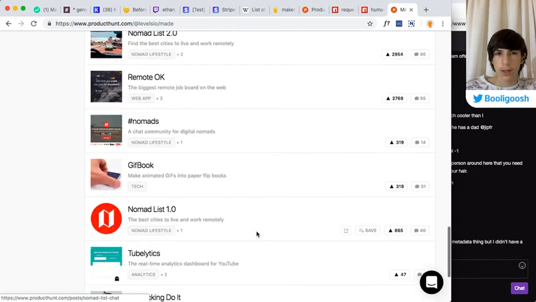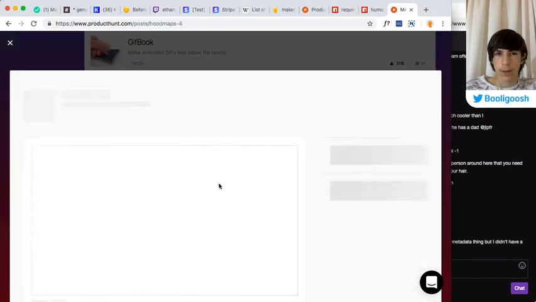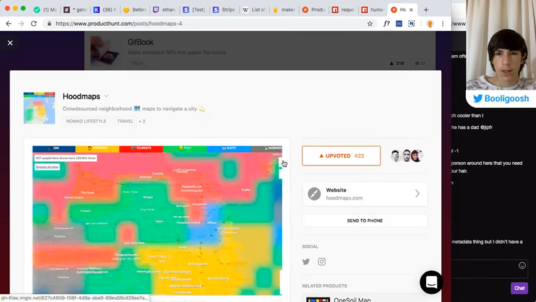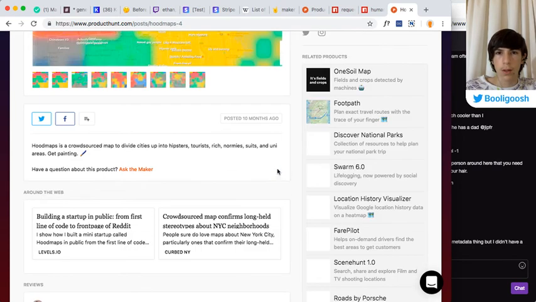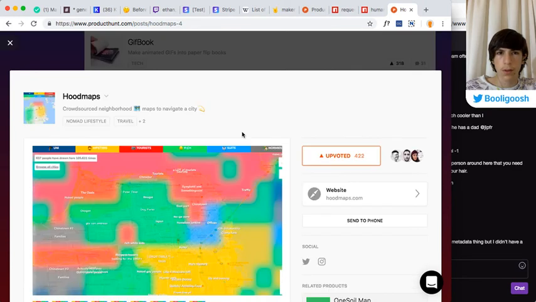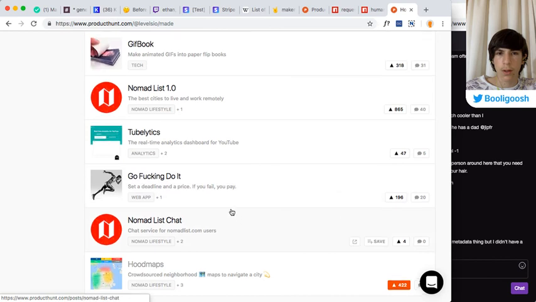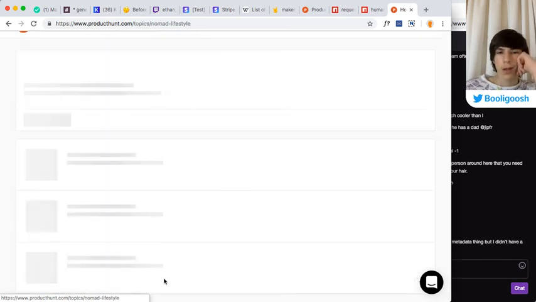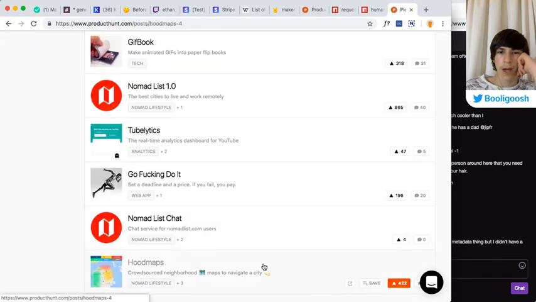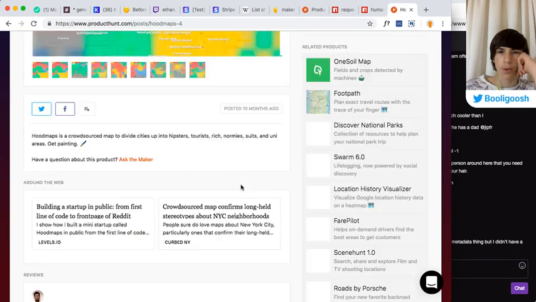I mean, he's launched like... Let's see, the first thing he launched was hood maps. Wait, what? How does this work? Is this correct? I could have sworn that hood maps was more than 10 months ago.